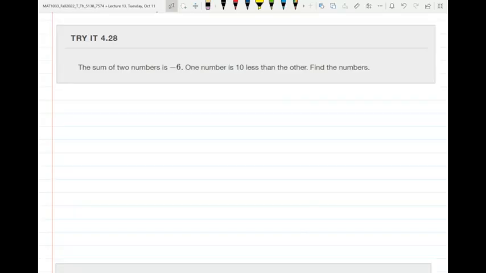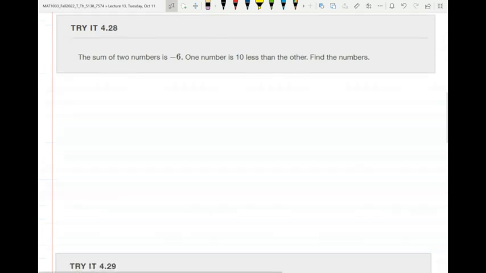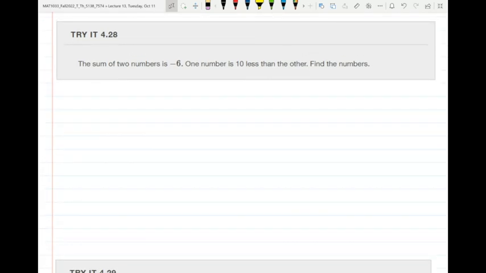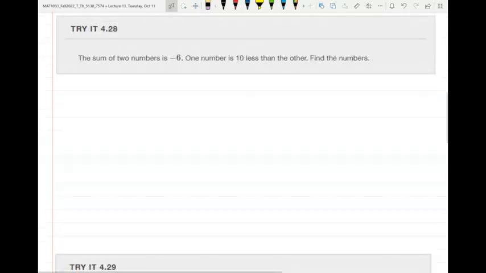Now, let's see how we find it, okay? To find it, we do the same thing that we did above. Define the variables, write your equations, and then solve, okay? Let's see, everybody got negative 8 and 2? Yes, then why didn't you say